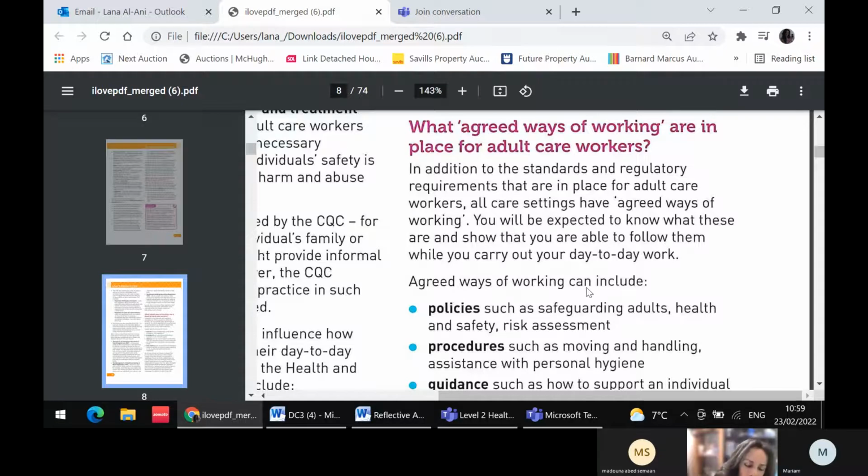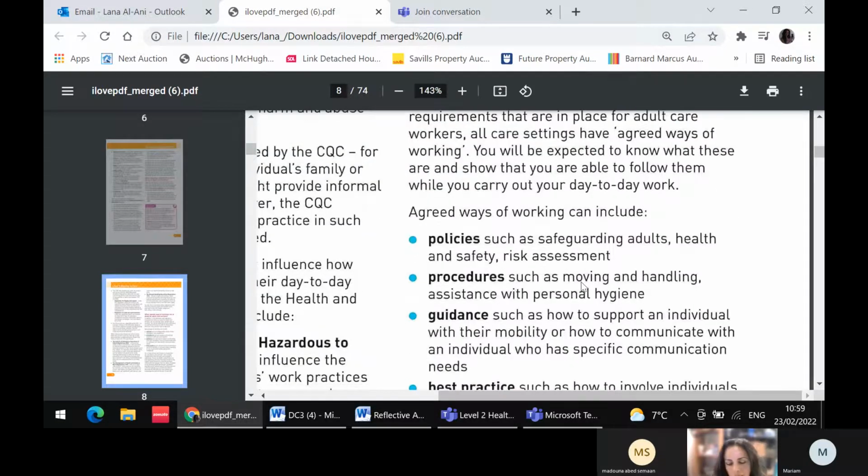And these agreed ways of working are policies such as safeguarding, health and safety, risk assessment, also procedures such as moving, handling, assisting, and personal hygiene, and guidance such as supporting the individual with their mobility, communication with the individual, and specific ways of handling communication if the person has